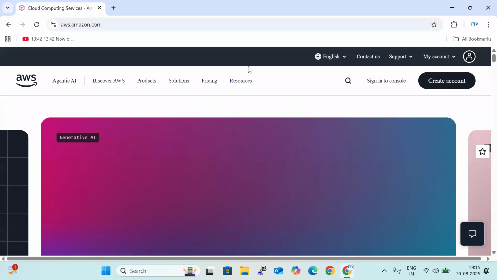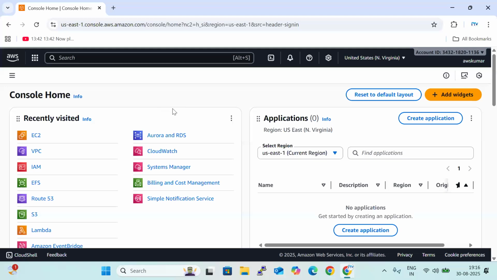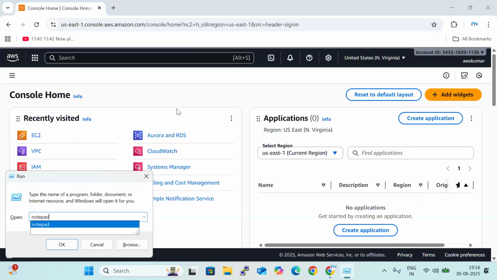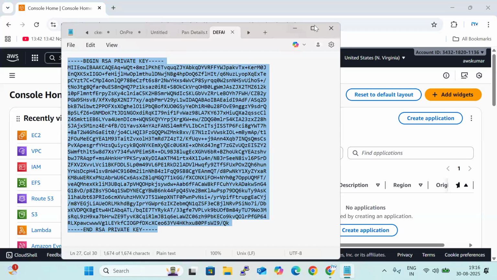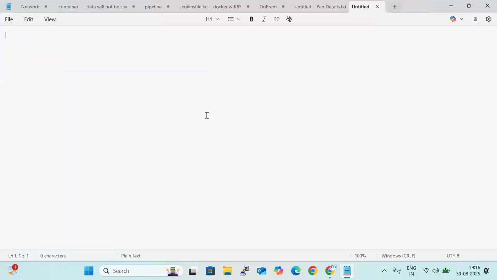You can create it in your normal Windows computer also. So I'm creating it in a Linux machine. If anybody asks you what exactly is a container, the container was developed with the help of two features from Linux. From the modern Linux, from the latest features, the features are